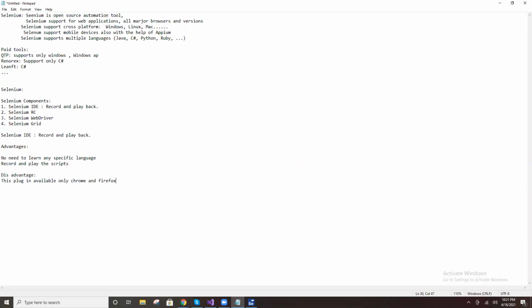This plugin supports only Chrome and Firefox. Edge browser is not possible, IE browser is not possible. Got it now? It runs only on Chrome and Firefox.